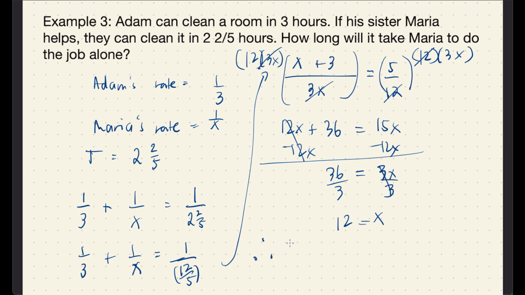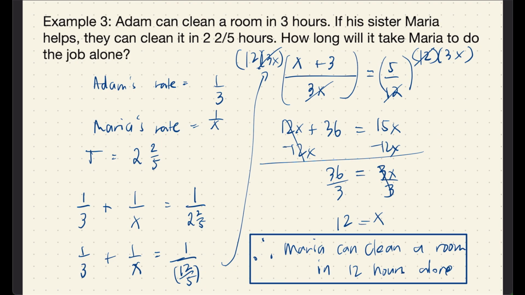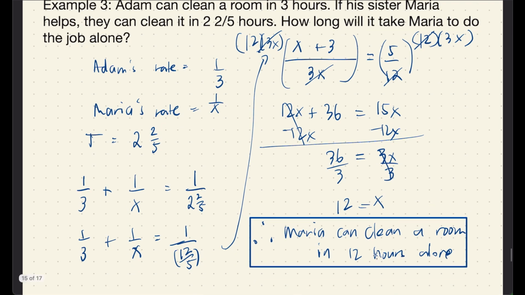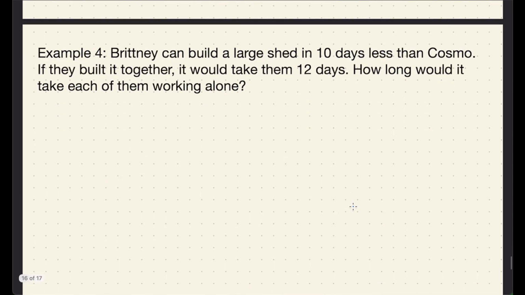So, Maria can clean a room in 12 hours alone. Okay? Then for our last example,